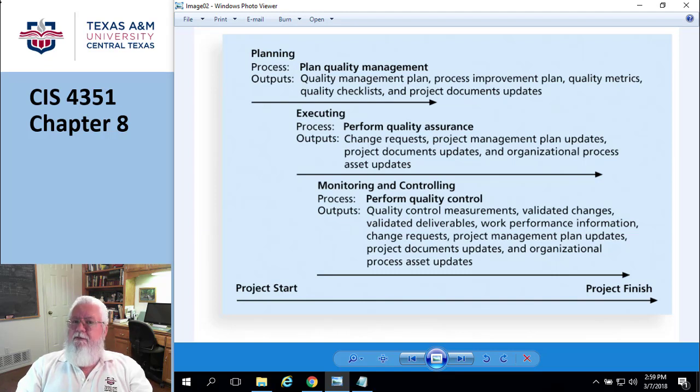So quality assurance, yet another goofy definition: all the activities that ensure the satisfaction of the quality standards. I've put together in my planning section a whole series of quality standards that I want. And so this is making sure that I'm actually meeting all those stated goals. That 20 millisecond response time thing that the quality control people are actually going to be measuring. And so I just check to see, did you measure that?